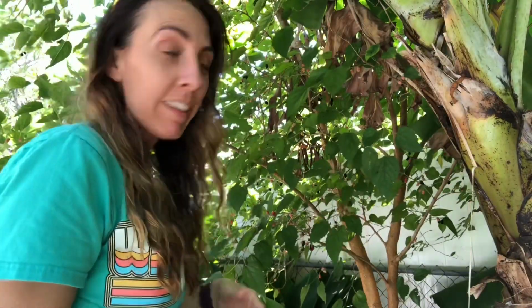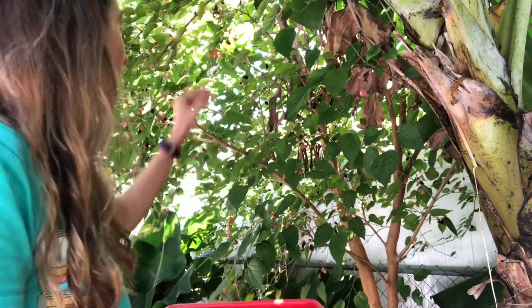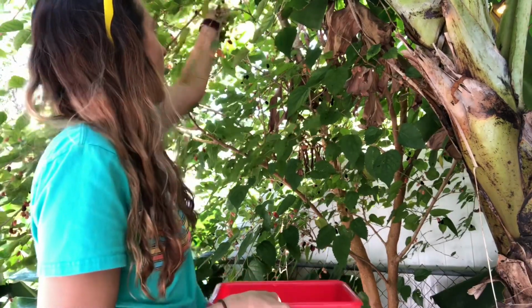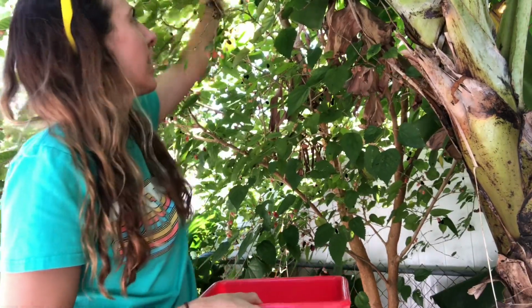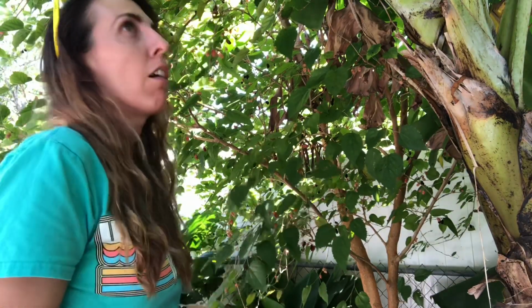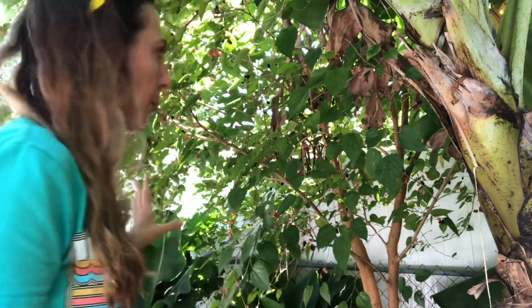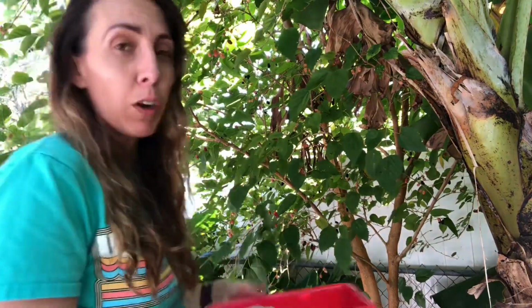So it's mulberry picking time. This is an everbearing mulberry tree that we have, or an everbearing mulberry plant. Because technically it's not a tree, it's a shrub, but you can see it gets pretty tall. They can get, I think, 20, 25, maybe up to 30 feet tall. Don't quote me on that, but I know they get at least 20 feet tall,